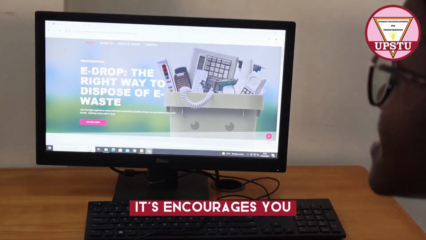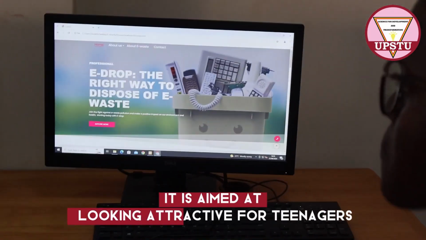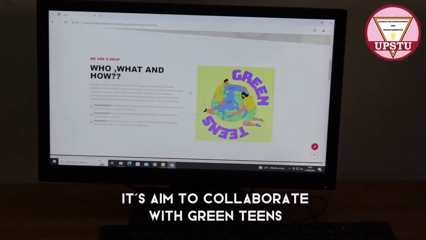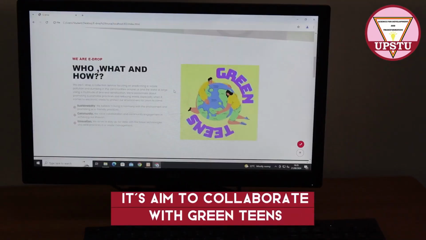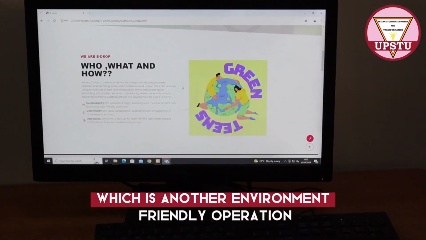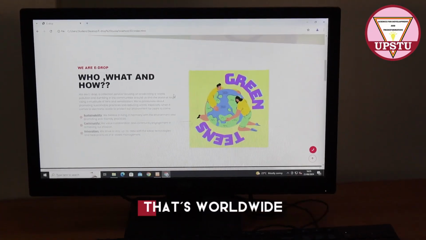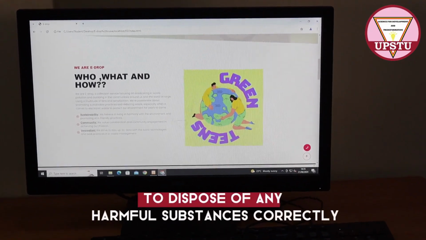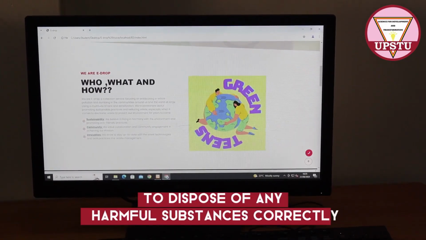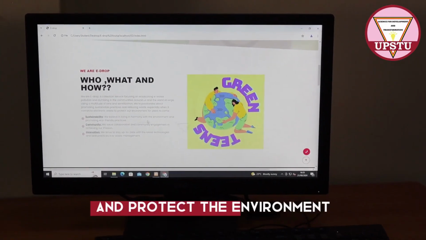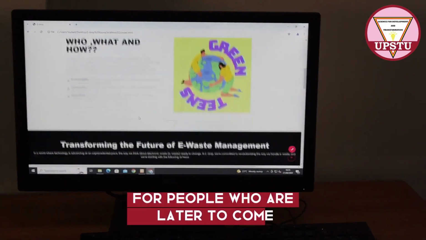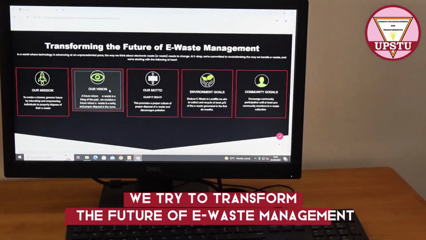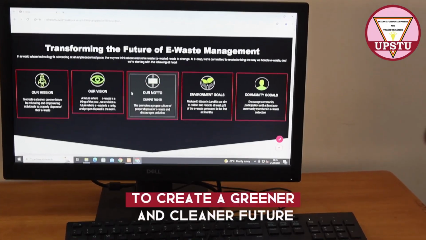It is aimed at looking attractive for teenagers to look at it and be like, this is a very good thing. It aims to collaborate with Green Teens, which is another environment-friendly operation that's worldwide that encourages teenagers and other groups of people to dispose of any harmful substances correctly and protect the environment for people who are later to come. We try to transform the future of e-waste management to create a greener and cleaner future